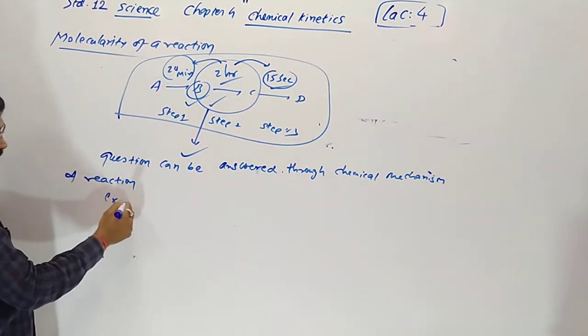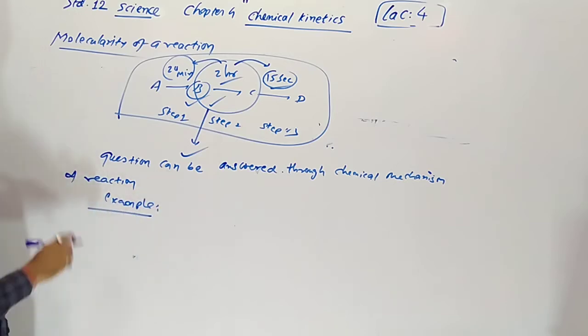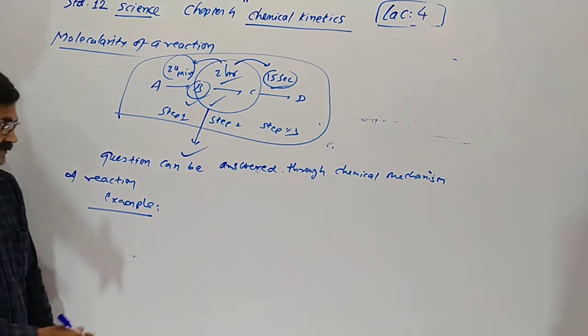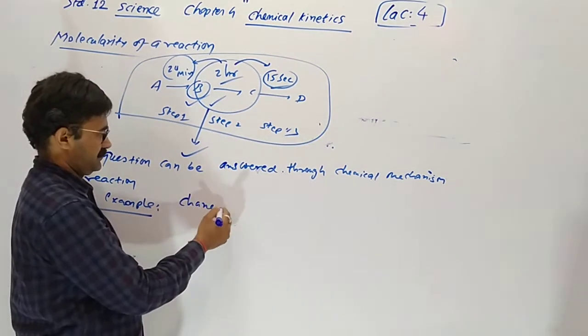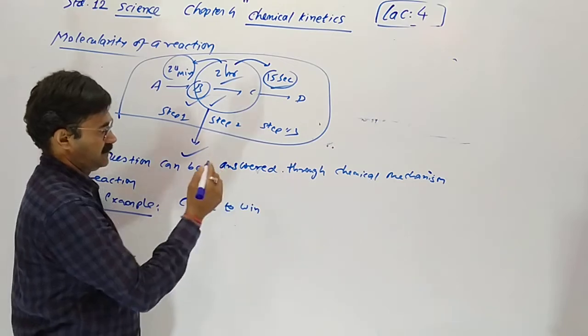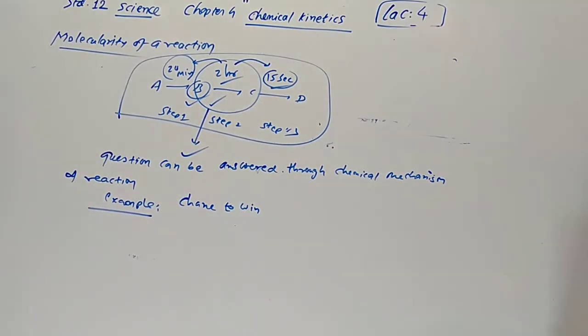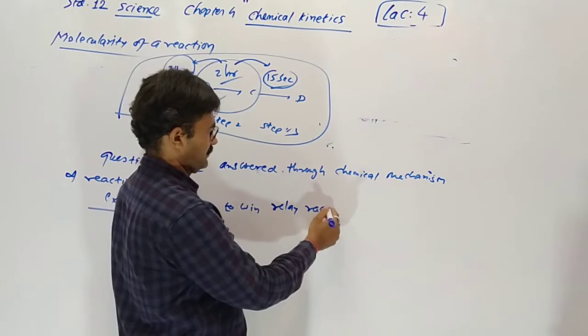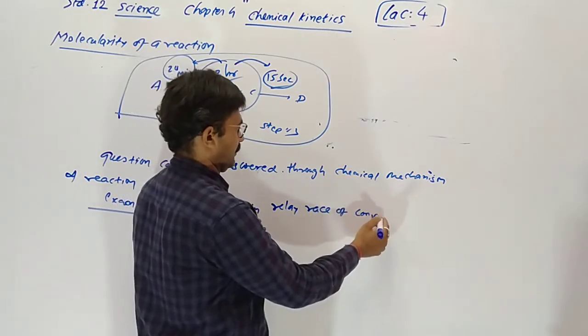One common example from your book: the chance to win the relay race of competition